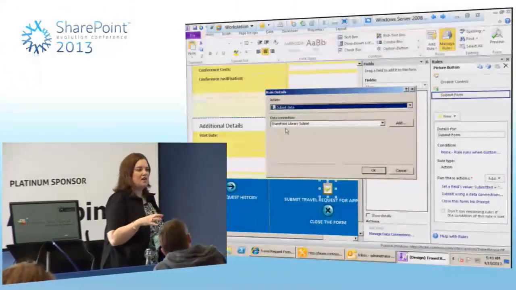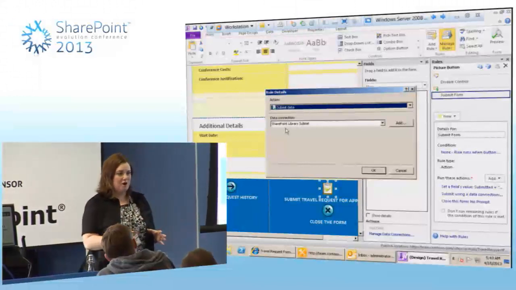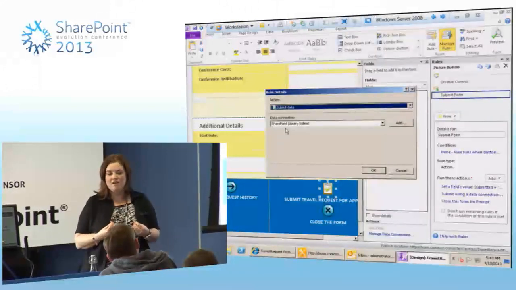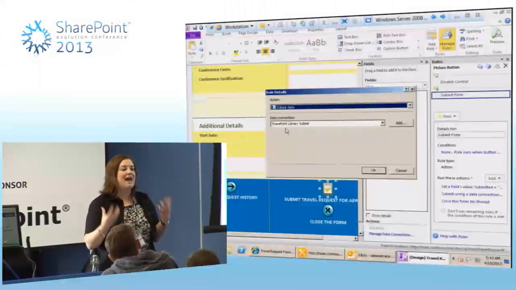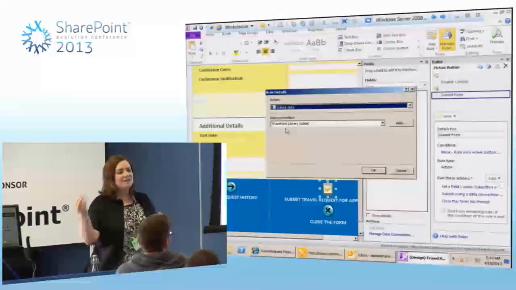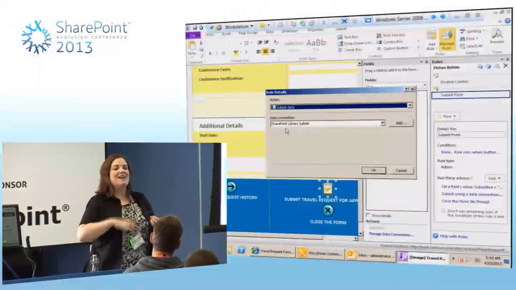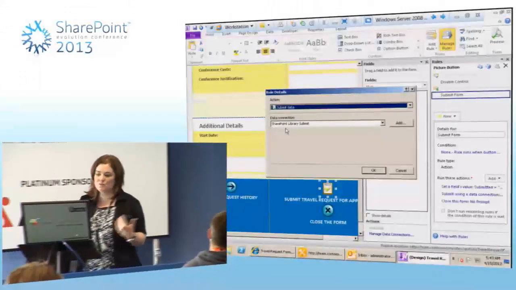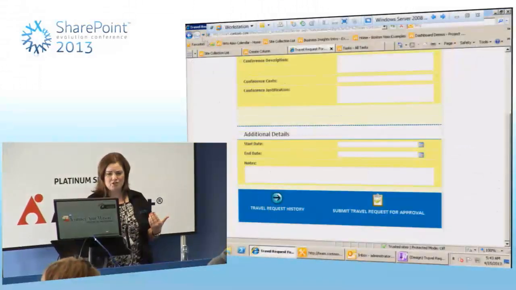So what you're able to do then is go through and figure out, okay, the first part is building the form and associating it to the library so that users will go to that library, say new, and it's going to open the form. The second step then is saying, okay, I have this form, what do I want to happen once it's done? And that's by adding a submit button or a submit function to the form so that they can go to the form, submit it, and it's going to do whatever you want with it. In most cases, it's going to publish it to a SharePoint library. So in our solution here,